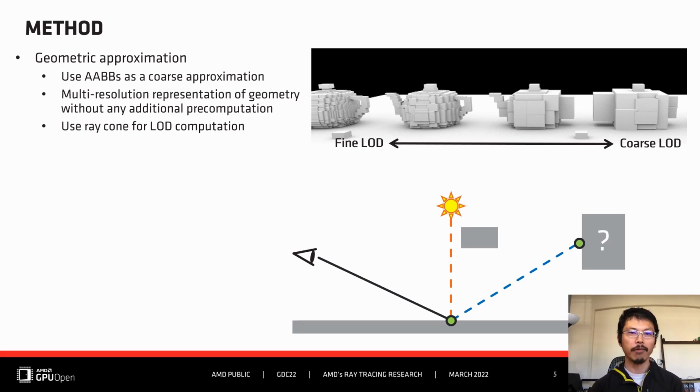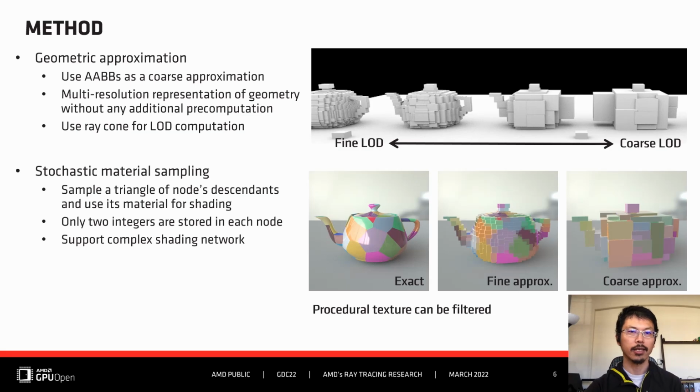And then when we cast a ray sampled from BSDF to make a path deeper, which is shown here as a blue dotted line, we need to know about the hit point in order to construct a path. The biggest problem is the material. What should we do for the material at the hit point? We have a solution for that.